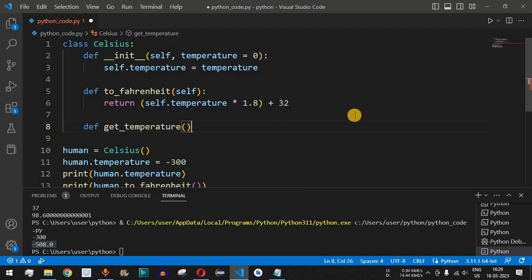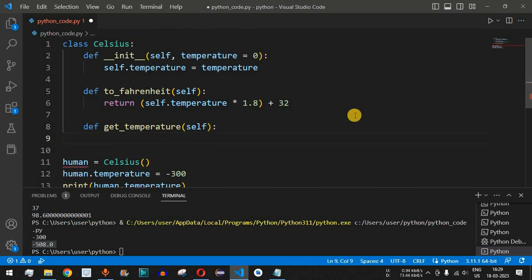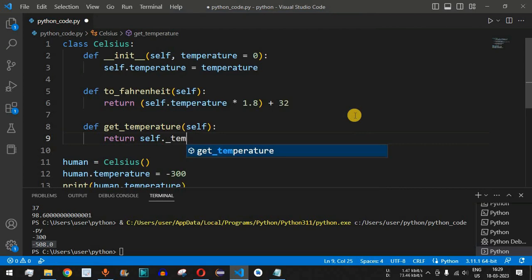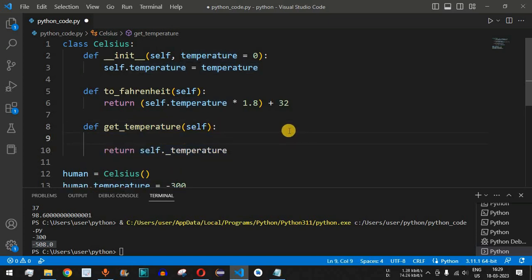This get temperature function is going to take one parameter, that is self, which is the object itself, and then we are going to simply return this temperature. So we will say self followed by dot and then single underscore, or you can also use the double underscore in this case, and we are going to say temperature. So guys, this is acting as a private variable over here. In order to identify that we have come inside the get temperature, we will have the print statement and we will say getting value. This is the statement that will be printed. Apart from that, the temperature will be returned over here.